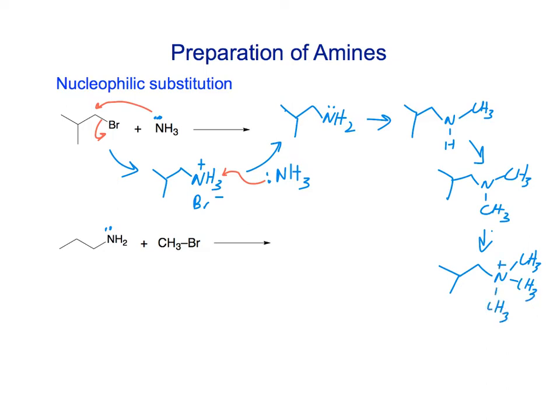Like this. So it's hard to control how many alkyl groups go on. However, sometimes you can get by if you use an excess of ammonia rather than an excess of the alkyl halide, then sometimes you can stop here. Okay, but it's, yeah. Where did those methyls come